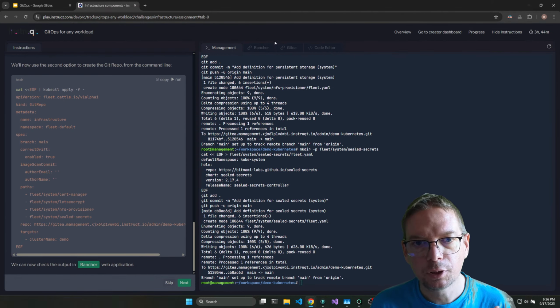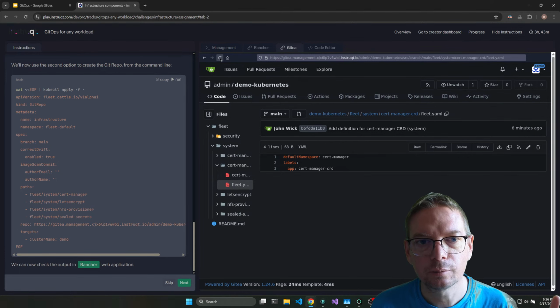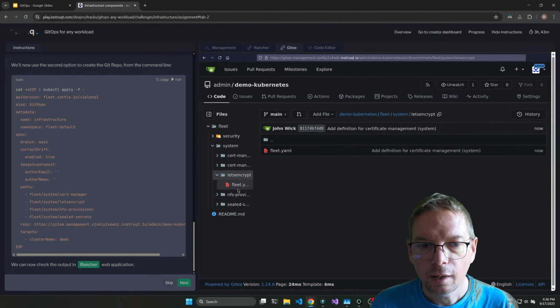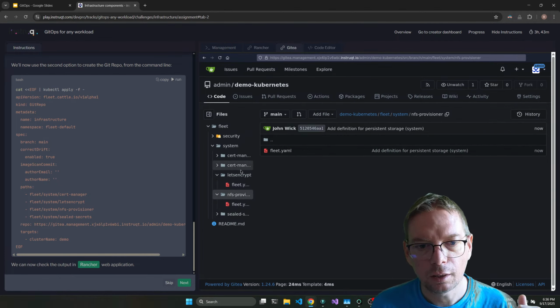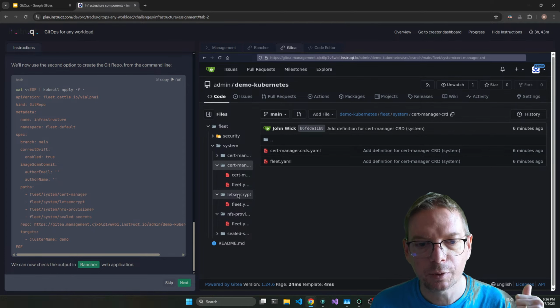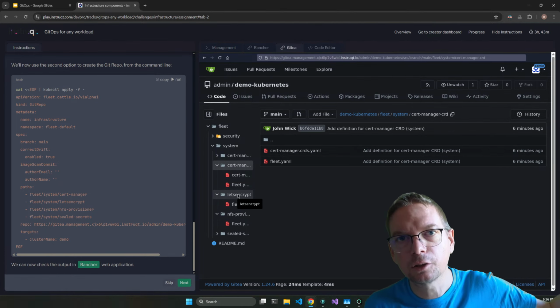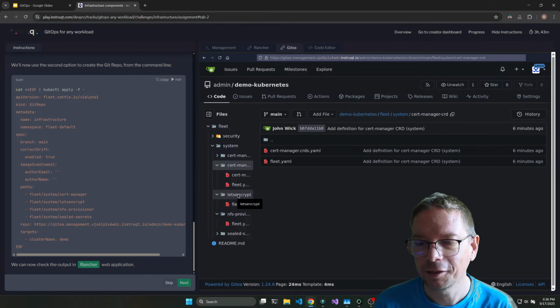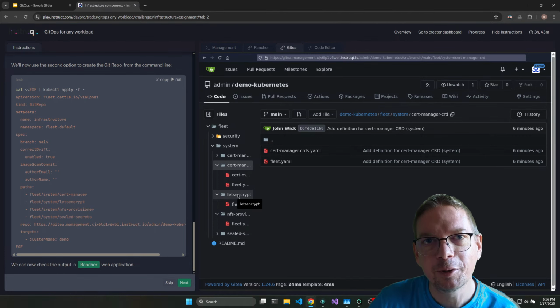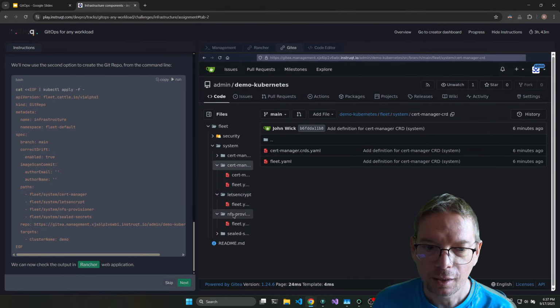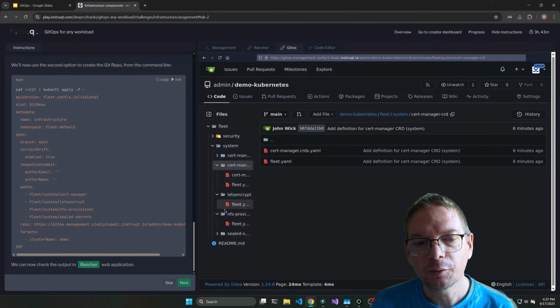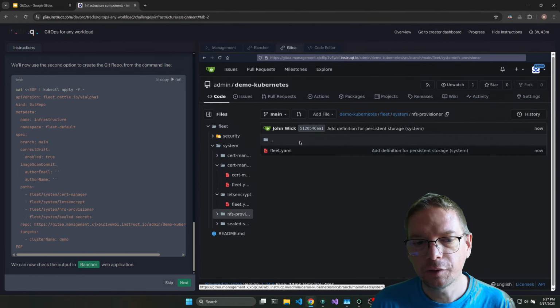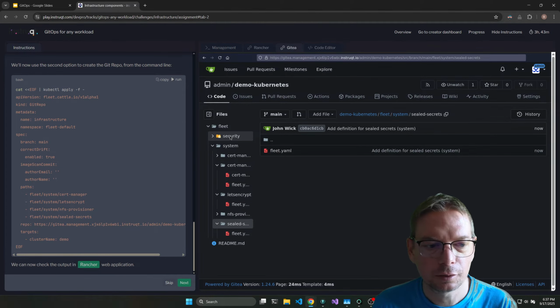And on this part, here we just did some Git repositories, so we can see that we've got the certificate management. I'm using Let's Encrypt, which is something in the cloud, a certificate issuer, the one able to authenticate and validate it, certificate authority, sorry. And then we got something for persistent storage, which is the NFS provisioner. We got Sealed Secrets for the secrets. So we have everything defined in Git.